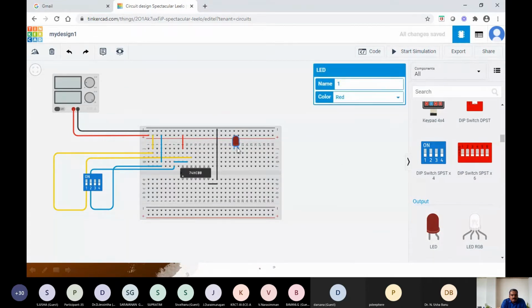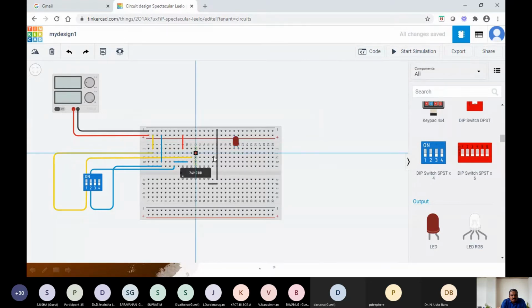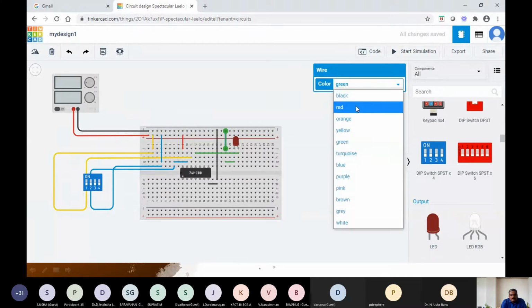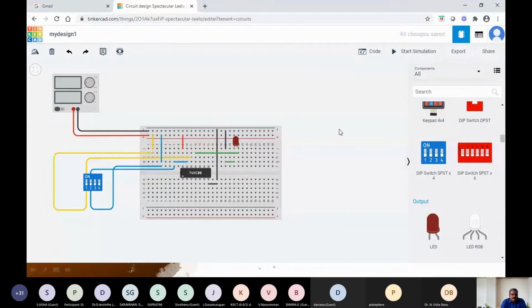Right. So this pin is cathode, this pin is anode. So I will be taking the output and connecting it to anode, right? Next, I will connect the cathode to the ground. I have used the anode, and from the cathode I have directly connected it to ground. As it is a ground, I will be using it as a black line. So that is all, we have completed our circuit.